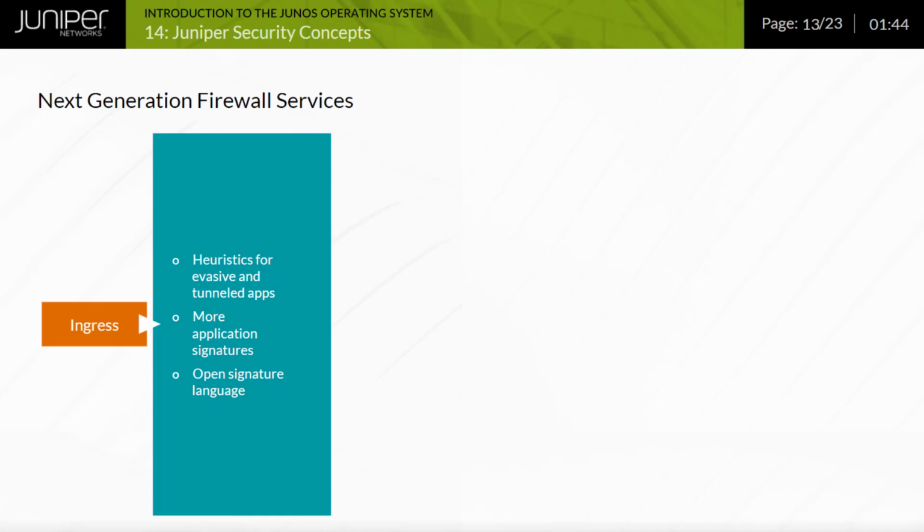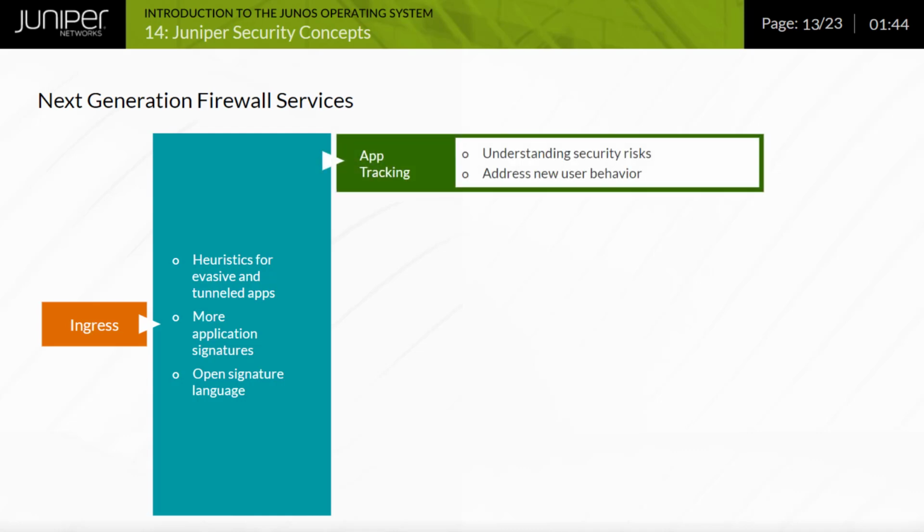One NGFW capability that many customers expect is application visibility and control. Juniper Networks can provide the application and visibility capabilities, including AppTrack, which analyzes application data and classifies it based on risk level, user ID, zones, source, and destination addresses. It then uses it to assess adherence to application usage policies, address bandwidth management, or report on the most active